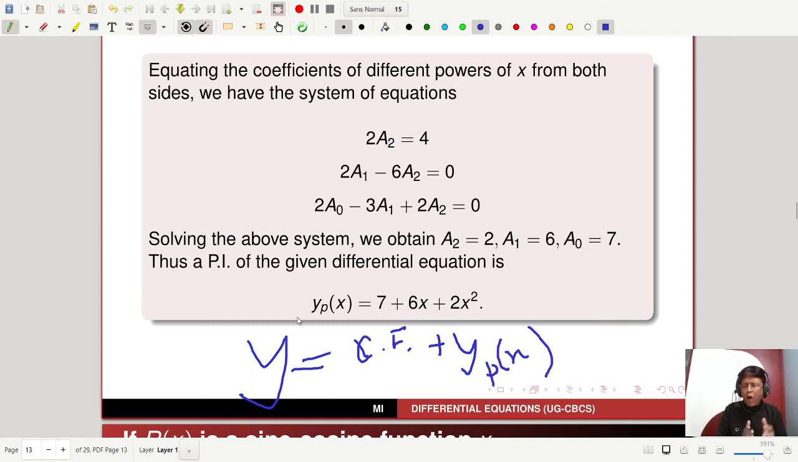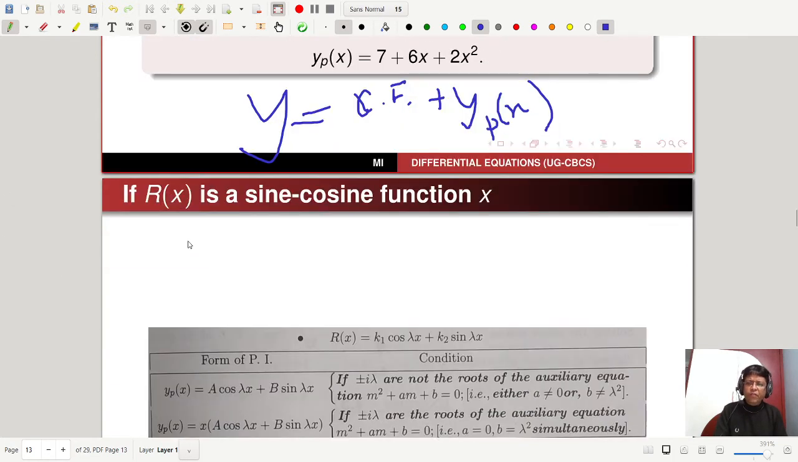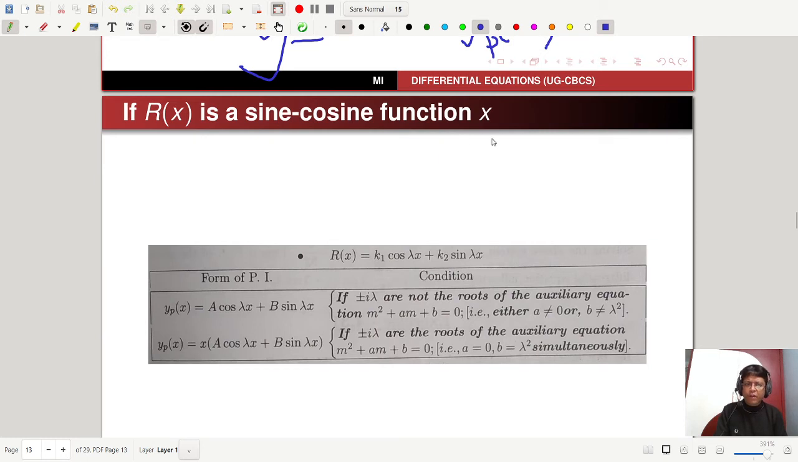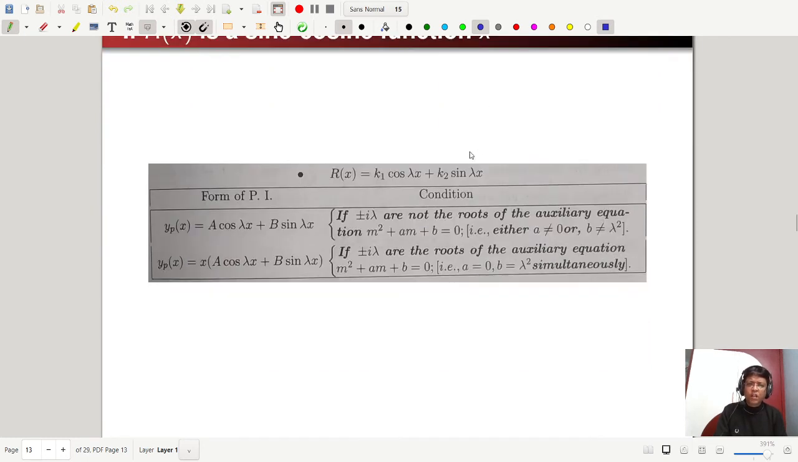So this is how you have to deal with the problems of undetermined coefficients if you have a quadratic. Let's move to the next rule. If R(x) is a sine and cosine function of x, suppose you have k1 cos lambda x plus k2 sin lambda x. Then in the first case, if plus minus i lambda are not the roots of the auxiliary equation,